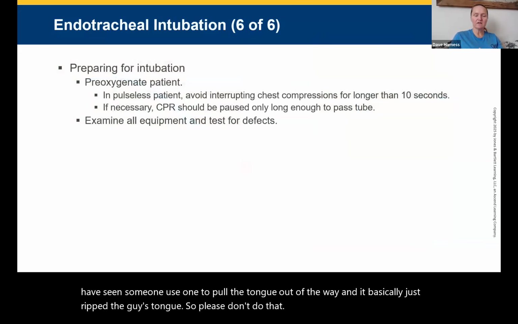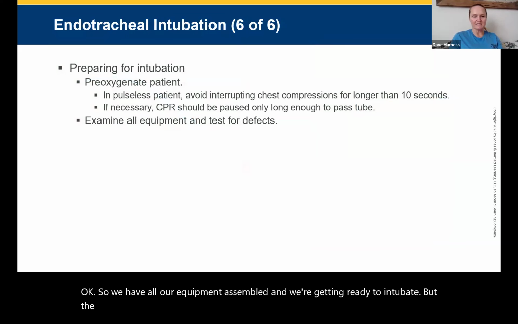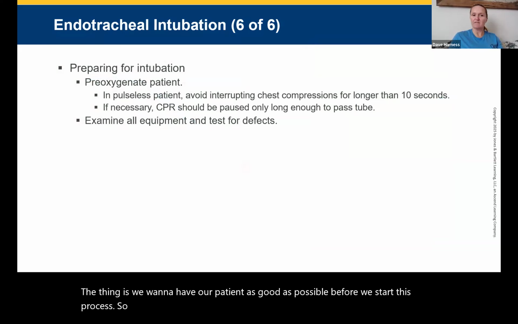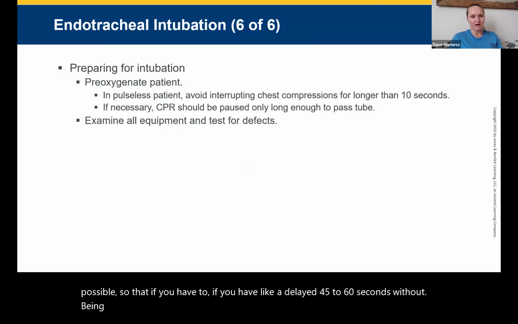Okay, so we have all our equipment assembled, and we're getting ready to intubate. But the thing is, we want to have our patient as good as possible before we start this process. So pre-oxygenating the patient, your goal is to have them at like a 98% if possible, so that if you have like a delayed 45 to 60 seconds without being able to give a breath, they have plenty of